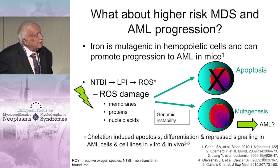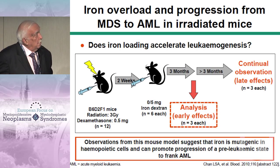Now, what about higher risk MDS and AML progression? Iron is mutagenic and promotes progression to AML in mice. You see, you have NTBI, LPI, ROS damage, genomic instability, apoptosis, mutagenesis, MDS. That's a very important factor which has not been studied enough yet. And here is also progression from MDS to AML in irradiated mice. Here you have the irradiated mice, and then continued observation of this mouse model suggests that iron is mutagenic in hematopoietic cells